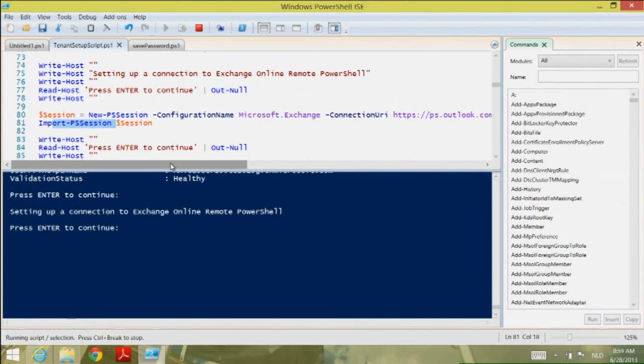So all PowerShell commands related to databases and servers and so on are not available in Exchange Online. Basically, you are not able to get your database down or start formatting that or whatever. So I'll hit enter. And what it will do is it will connect to the